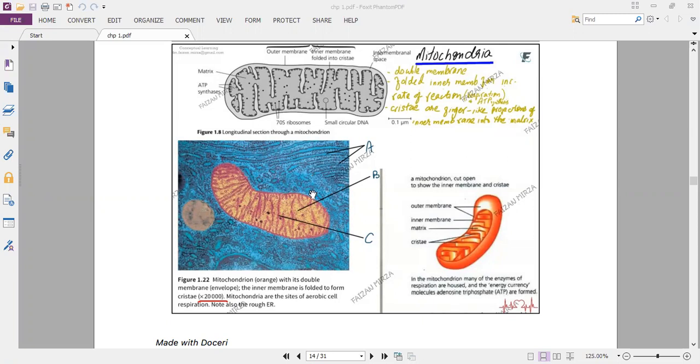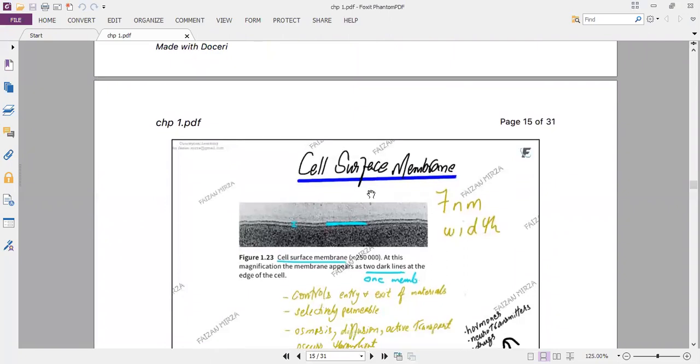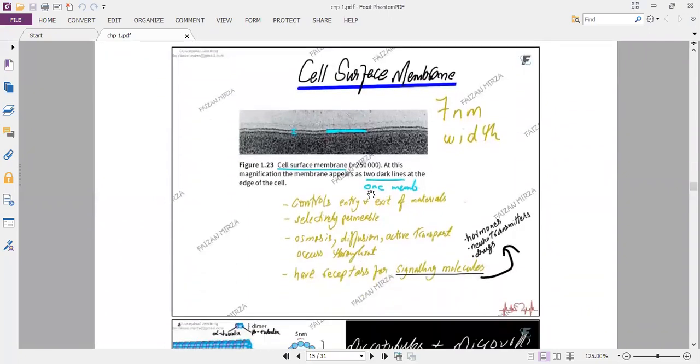The mitochondria, you can see these diagrams here and you can look for the labels, and you can see that mitochondria is visible using a light microscope of very high quality and an electron microscope. While we are using it, this mitochondria can be seen and the cristae can be seen as well, but at 400 magnification mitochondria cannot be seen.